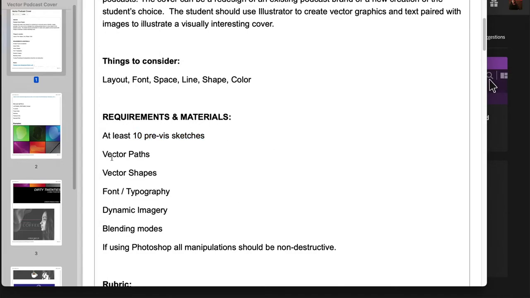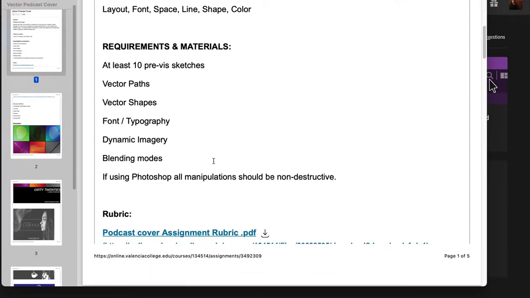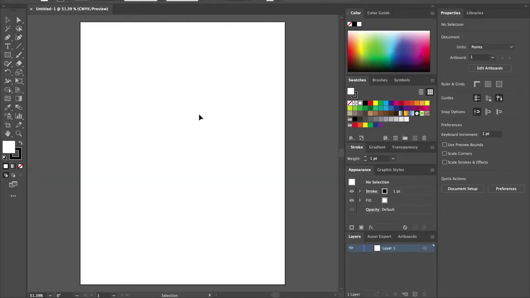These, of course, are the other parts that we're going to be reviewing today: the vector paths, vector shapes, typeface, blending modes, and what have you. The rubric is available to you online. So I'm just going to start with letter size, one of our presets here. If you want to start a new document